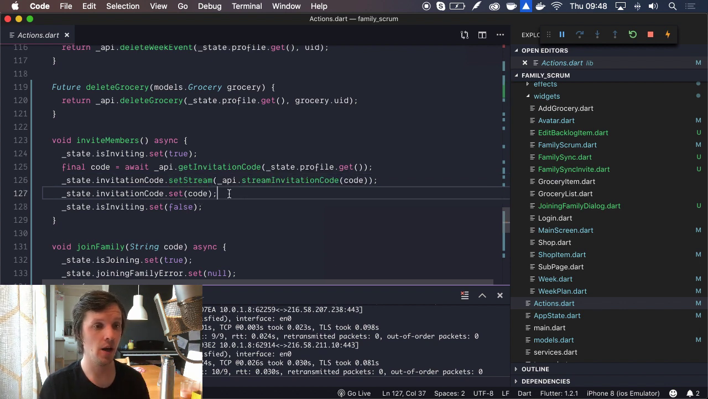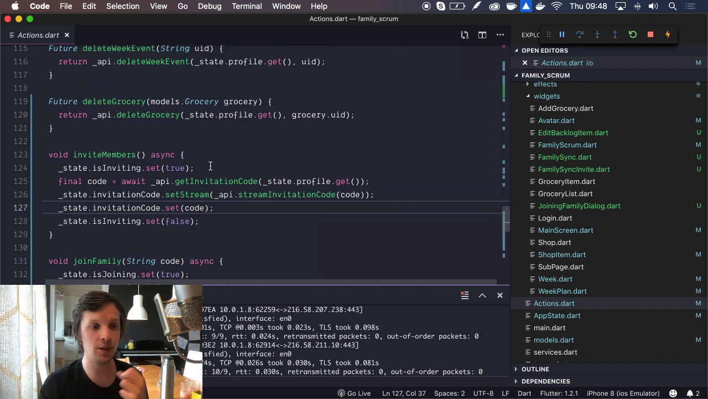So for example here, I'm streaming an invitation code from the server, because this code will be removed by the system. So I want to nullify that code when the server tells me so. But I still want to set the initial code. So you can combine and play around with this. So you can attach streams, but still add new values to that stream manually, which I think is really nice,